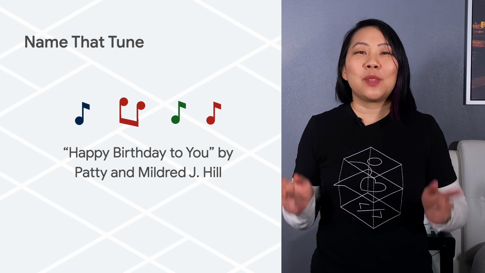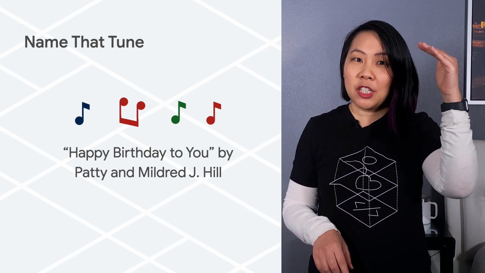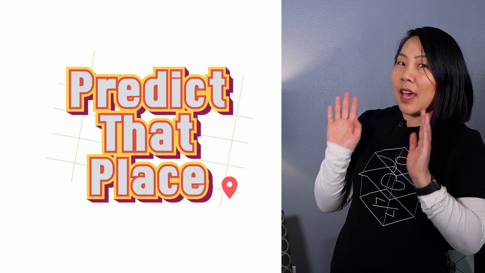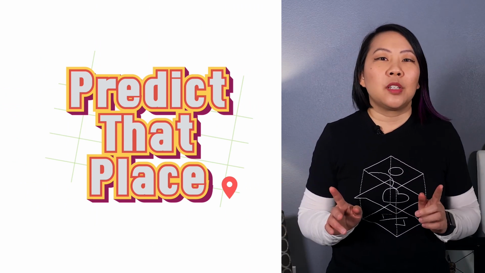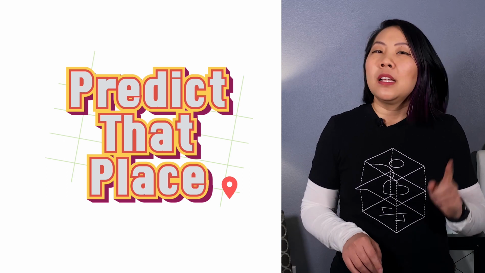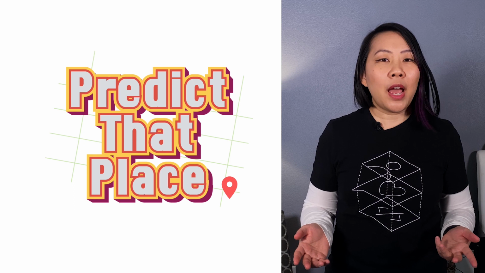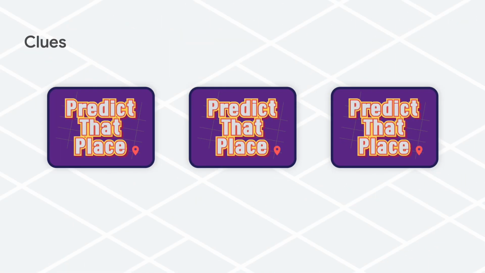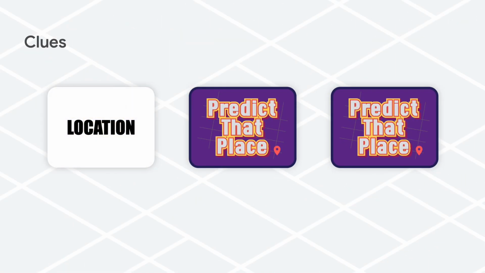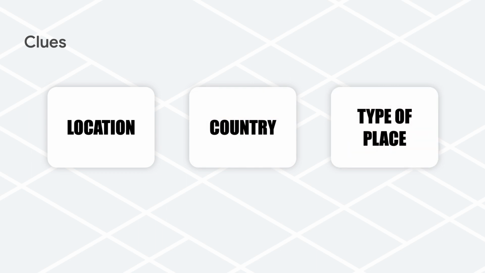The best is when I only have to type in one letter and the place I was looking for is the top prediction. Let's imagine your Place Autocomplete search bar is a contestant in this game. Predict that place, and you want it to predict what your user is typing in 4 characters or less. Something a lot of developers don't know is that when you're adding Place Autocomplete to your app, you can give it some clues about where the user is or what kind of place they're looking for, so that the right prediction comes up in fewer characters.